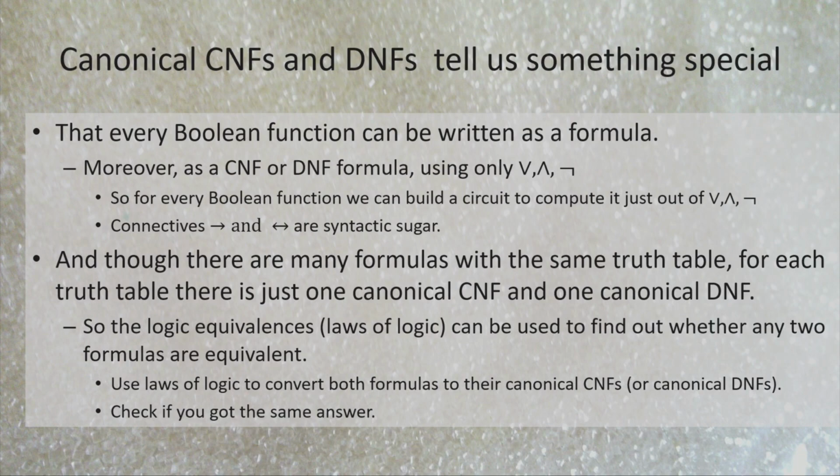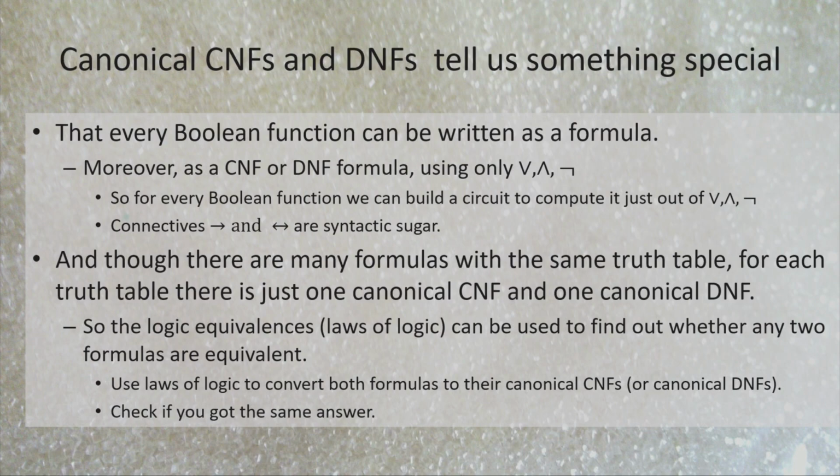What the existence of canonical CNFs and DNFs for any Boolean function, for any truth table, tells us is that every truth table, every Boolean function we can think of can be written as a formula using only and, or, and not, which really supports that idea that we were talking about before, that implication and if and only if are just syntactic sugar. We don't need them. We could get away with just and, or, and not. Moreover,